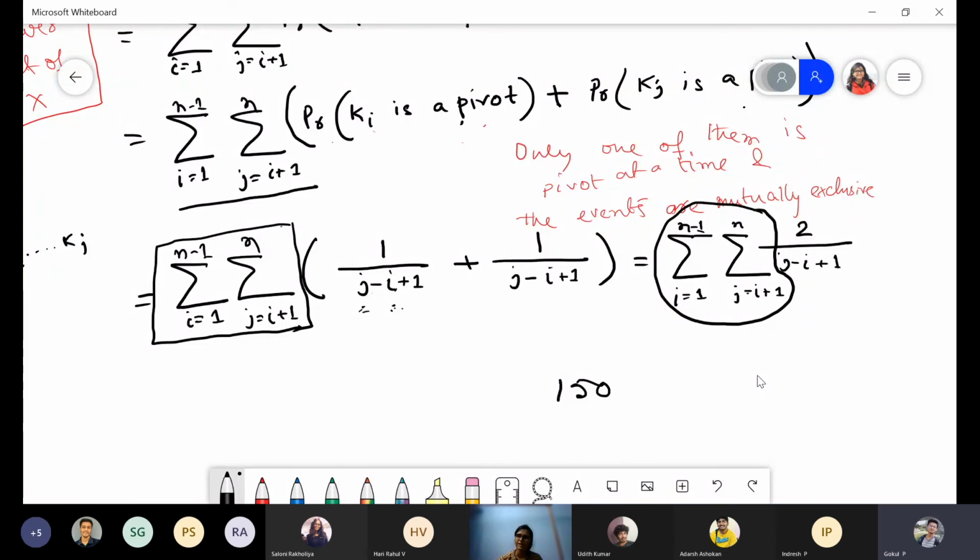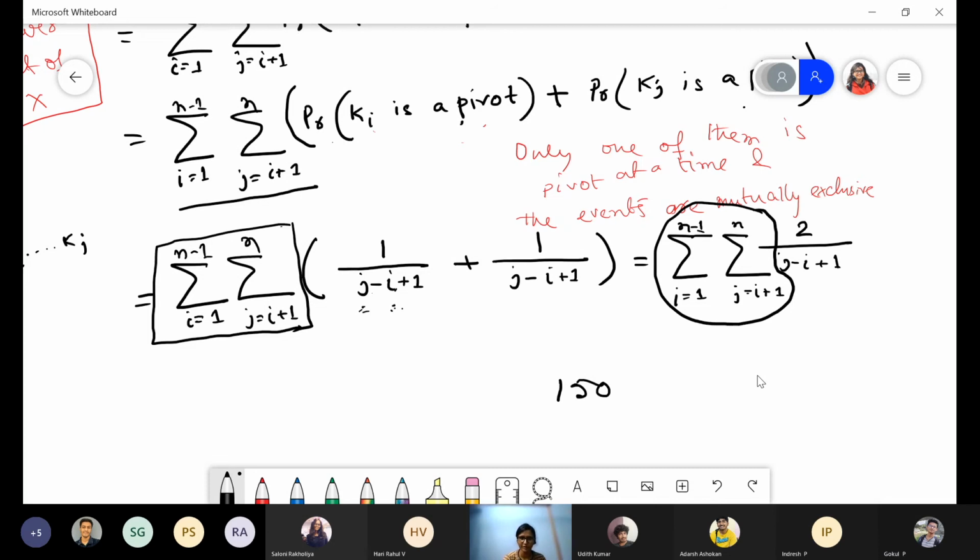For that, we are taking the sum for each of the pairs. This summation value is very important. You can take any value of i and j from this range, and this probability value is going to change whenever we change the value of j and i. Does i and j mean that it is in the partition from i till j, ma'am? Yeah, it's in the partition from i till j. That is the size of the partition.